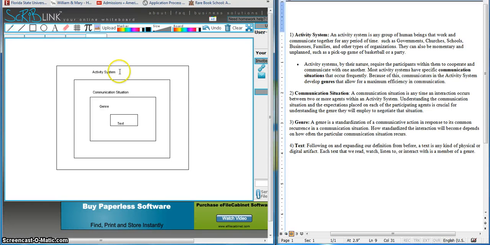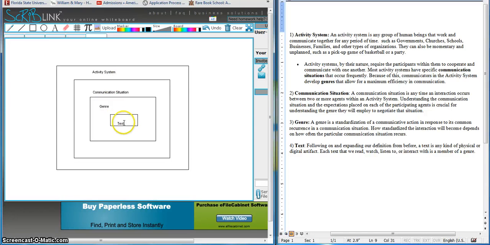And so you can have all kinds of activity systems and all kinds of communication situations inside those activity systems, and all kinds of genres that will work for specific communication situations. And finally, you can have texts that have particular features of genres, one genre or another genre, mashing different genres together, or they may look exactly like only one genre. And so all of this is a fluid set of relationships,